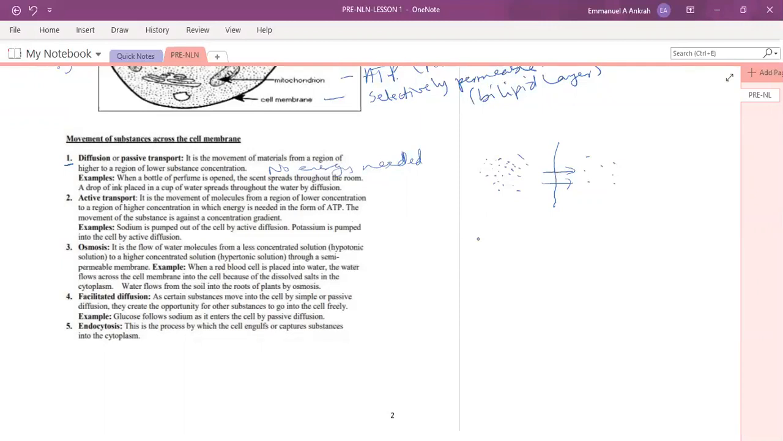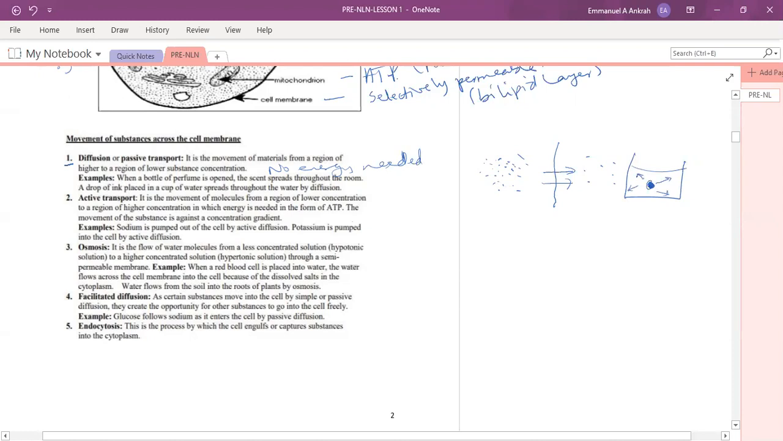That is an example of passive transport or simple diffusion. Simple diffusion. Okay. Then another example is if you have water, and you put a little ink, or let's say blue ink or red, or a dye. Okay. After some time, what happens? The whole water becomes blue